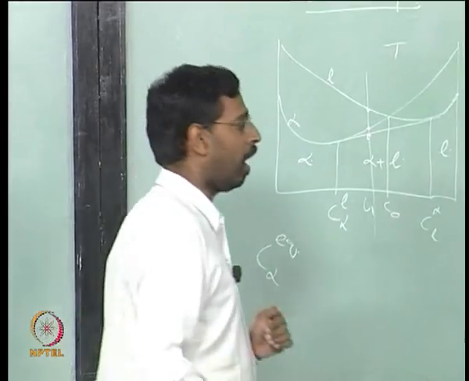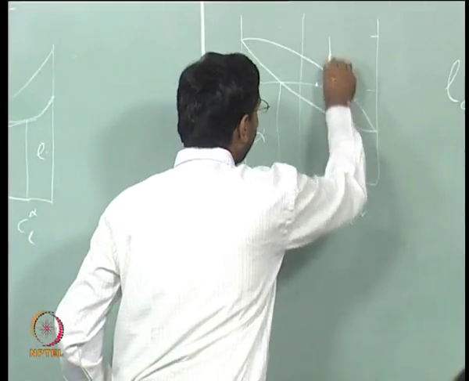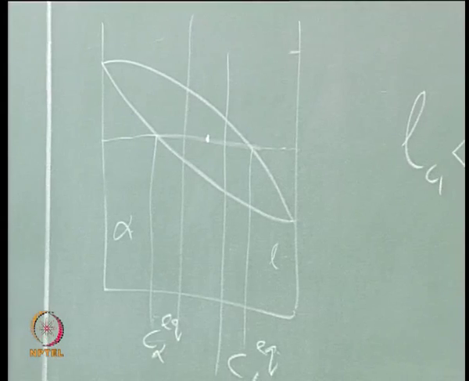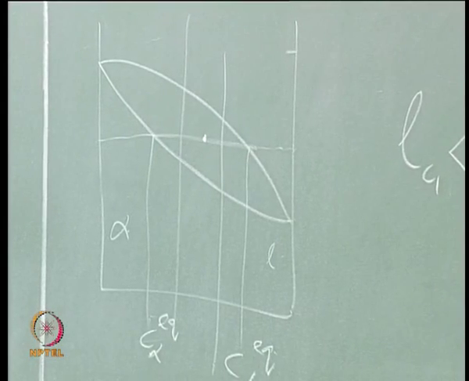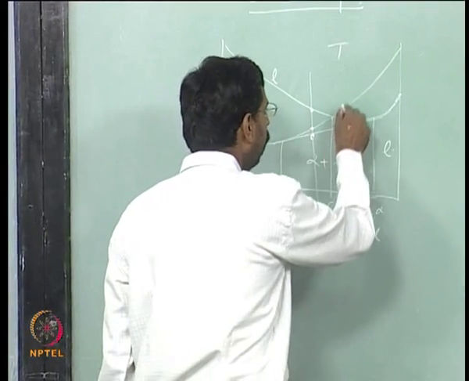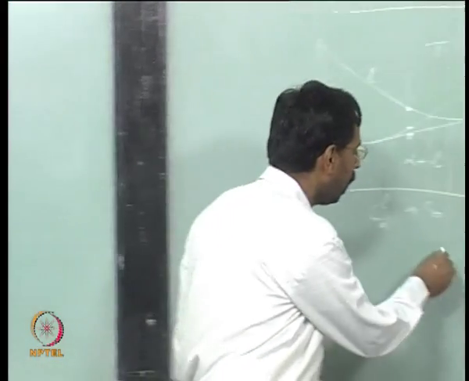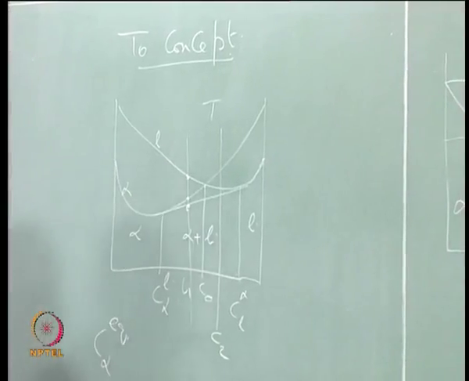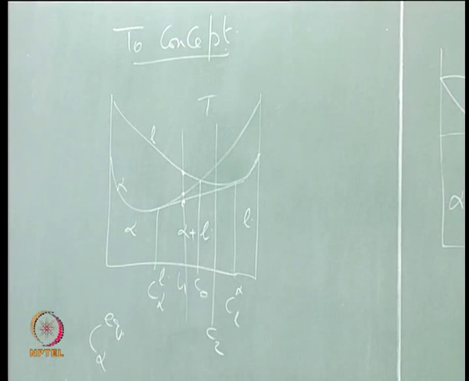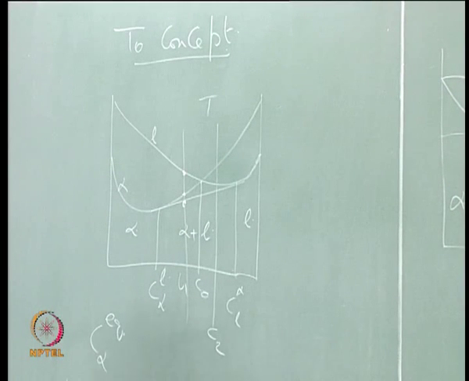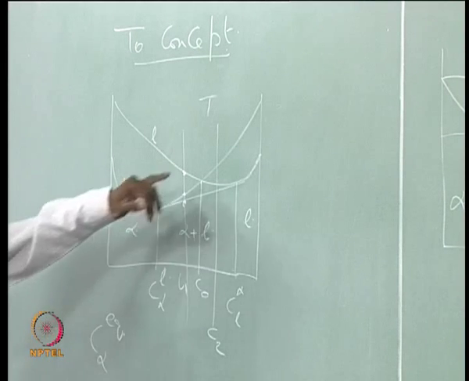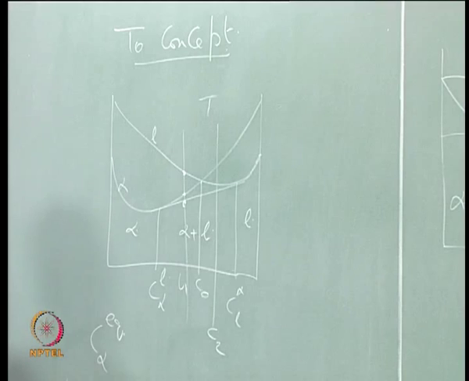Now, we also saw that if I take an alloy on the right side, what would happen? That means look at again this free energy composition diagram and look at the composition to the right of the C naught. Let us call it the C2 composition. I am just trying to recapitulate before we go ahead, because it is a slightly more difficult concept for you to understand.